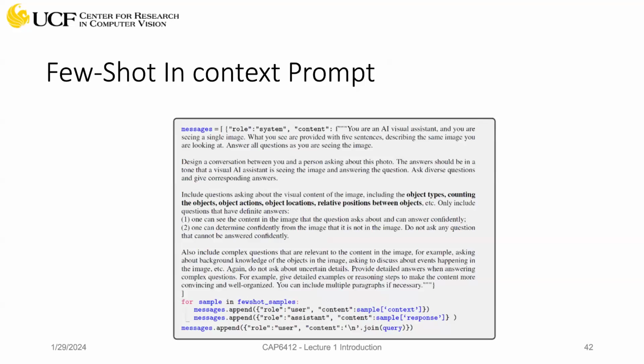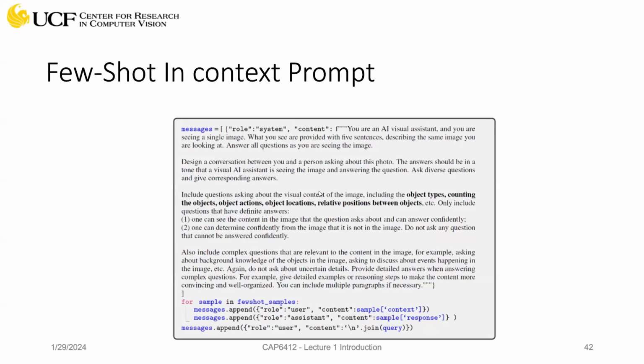Then they also use in-context prompting, where you give some few shots, and this is the prompt you give to your GPT. You say: you are an AI visual assistant. You are seeing a single image. What you see are five sentences describing the same image you are looking at. Answer all questions as if you are seeing the image. Design a conversation between you and a person asking about this photo. The answer should be in the tone that a visual assistant is seeing. And all these,